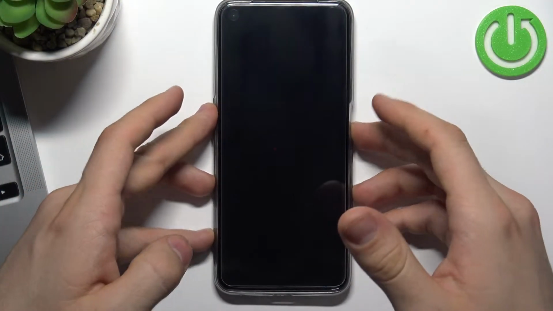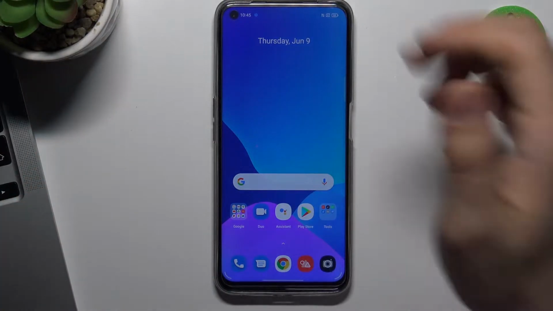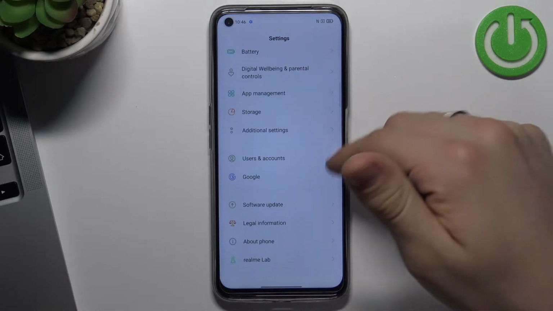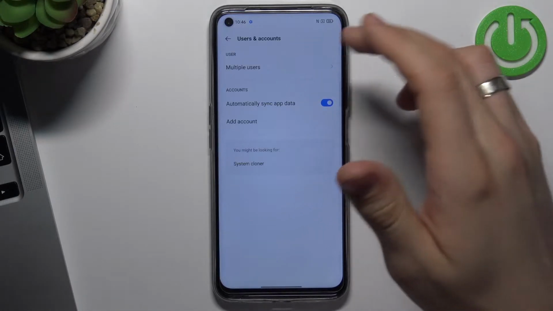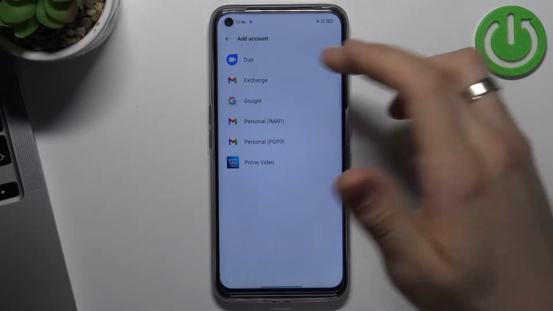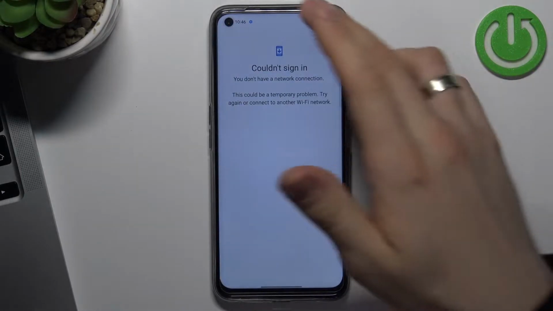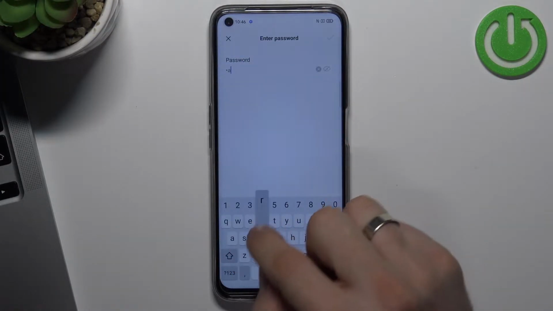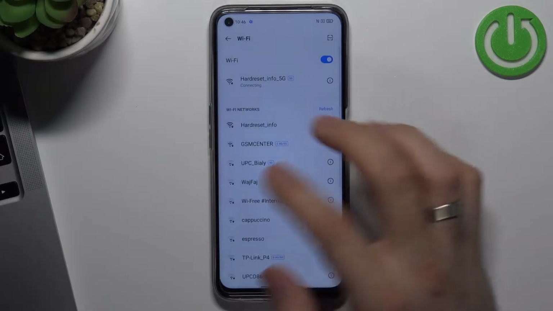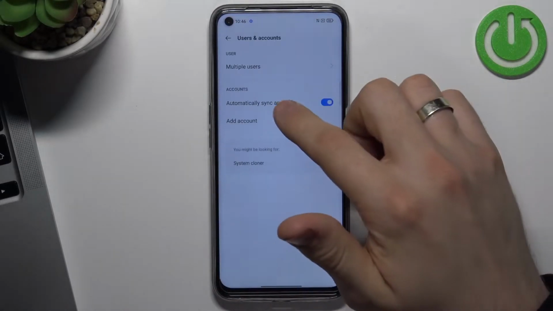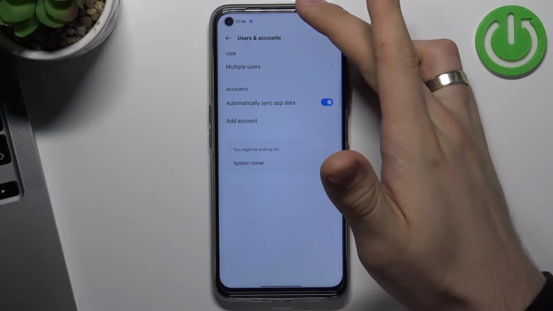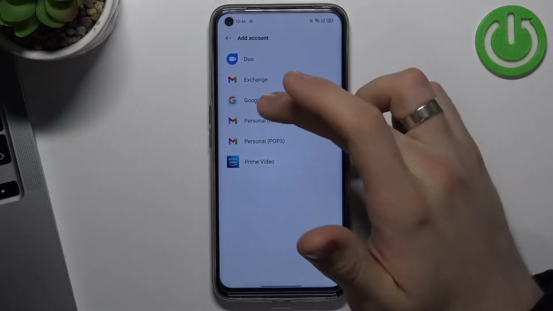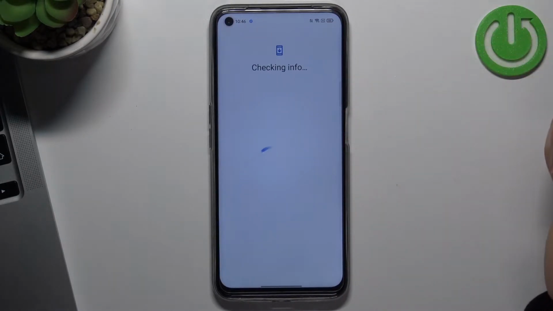So firstly you need to log out of all Google accounts on your child's device and log in into child's Google account. So open settings, scroll down, click users and accounts, click add account, Google. So firstly you need to connect to Wi-Fi. Cool. Now click here add account. Okay. So click add account, Google, wait a while,